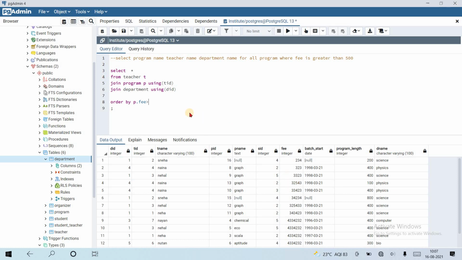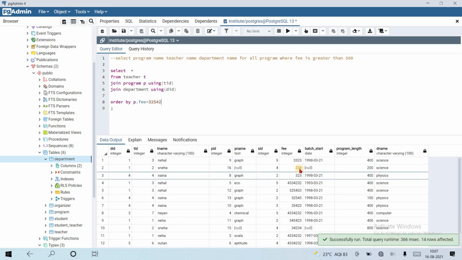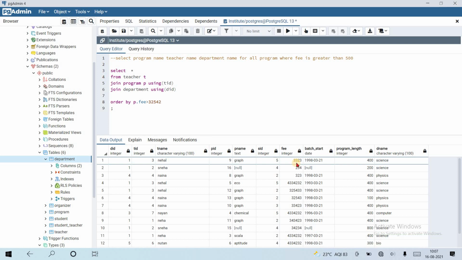32,543. Okay, very greater than 32,543 will not include it. If I use 42 here, then 43 will be included. Okay, let's fetch the data. Here you can see from 32,500.